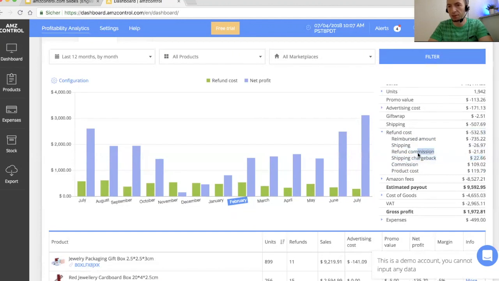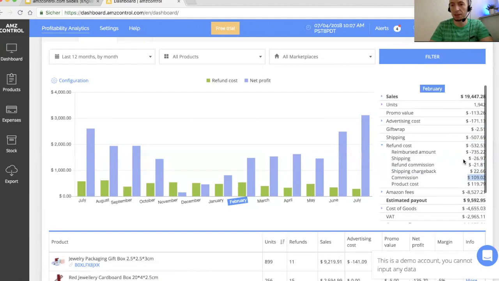So here you see this refund commission. Basically, this is what Amazon charges us for sending the goods back to Amazon. And you see a positive position here, which is the commission. You don't see any FBA fees because FBA fees were subtracted when the items were sold. But you do see a positive position, which is the product cost. And this means that during this period of time, February, some of the products arrived back in the Amazon warehouse